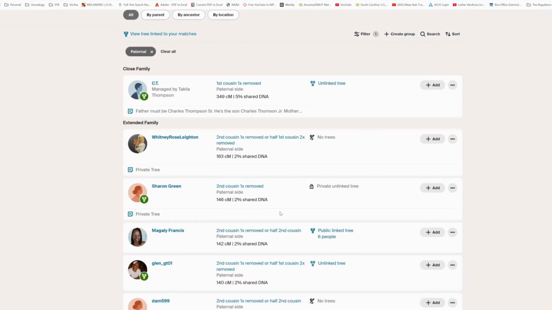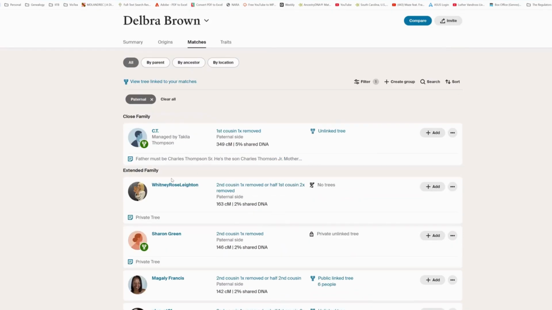So as I'm looking at the list, not having a clue, I will start. So we normally try to start with trees. So we have a tree here that's not linked. What that means is they have not defined the person that's researching as the first person in the tree. The initial person in the tree should be you. If you don't identify yourself, then when we look at the tree, we won't realize how to connect to you correctly. So we have an unlinked tree, and we have no tree, and